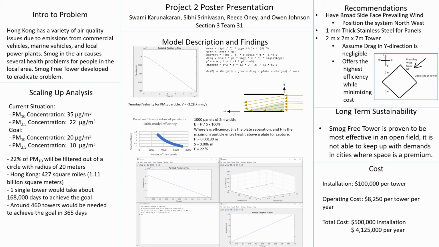And the team estimated that for Hong Kong, at least around 500 towers would be needed to eradicate the air quality issues, hence an installation cost of $500,000 and an operating cost of